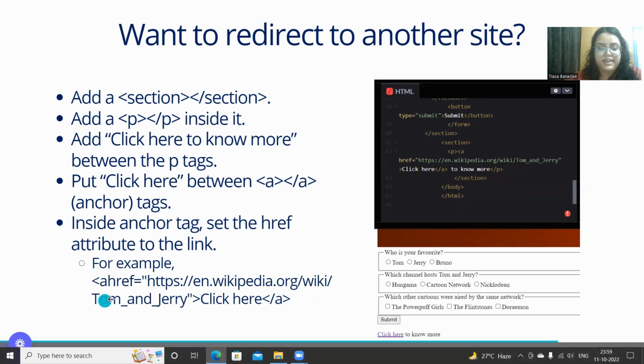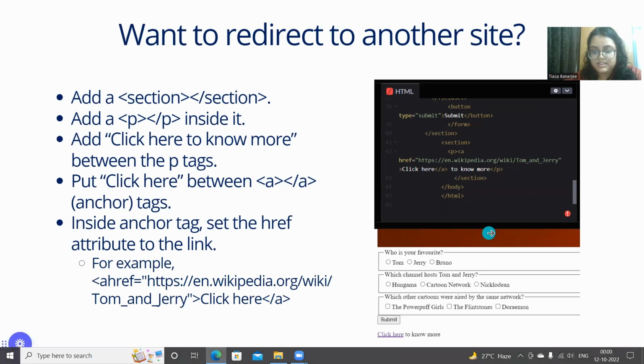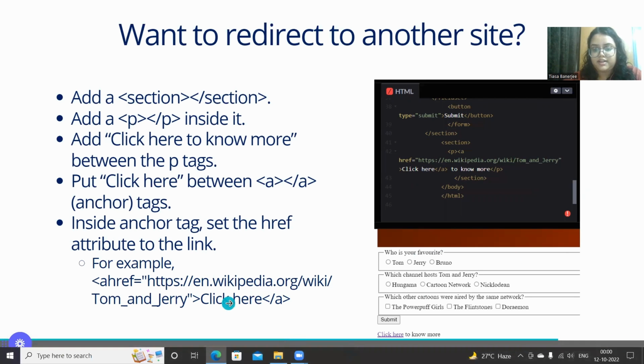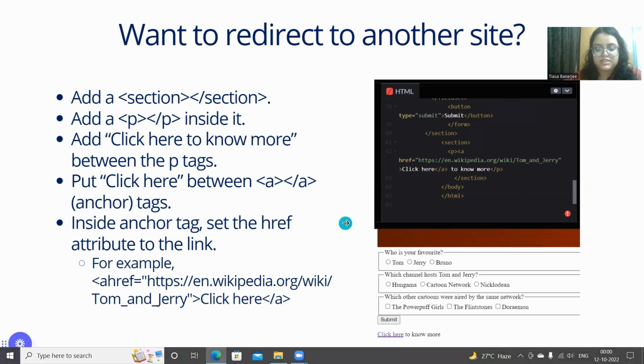For example, a href, exactly as it's shown here. So whenever they click on this, it's going to get redirected to Wikipedia. So you can see this click here in purple here. It's because it's hyperlinked to Wikipedia. You can do the same to your web page. Now your web page is